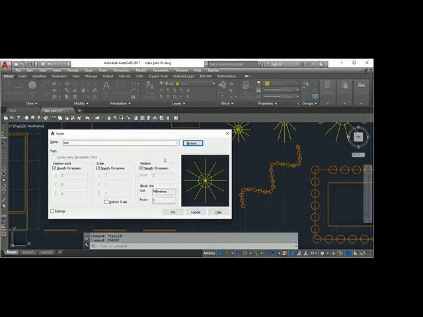If you want to bring only the block, select the block. You can use these arrows. All the blocks will be there. You click this insert point. Usually it will be on, so that you can show the insertion point. So click this insertion point. If you want to change the scale while bringing, you click the specify on screen button. Otherwise, just leave it. Rotation also, if you want, then only you click, and say OK.